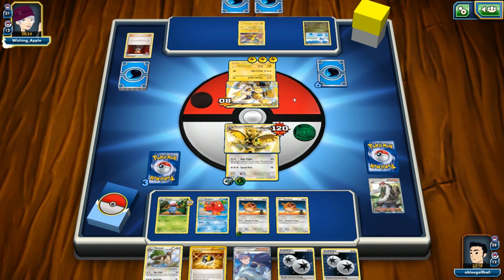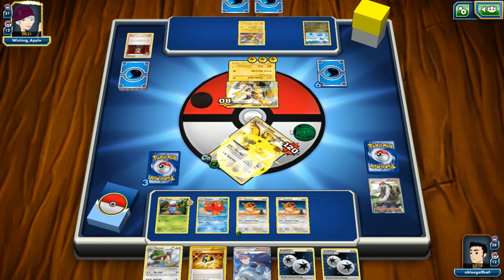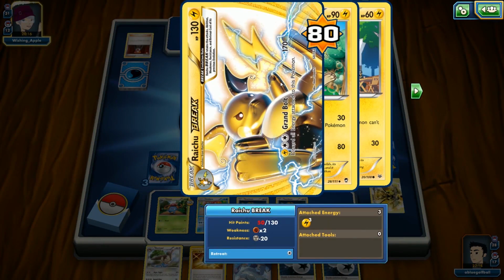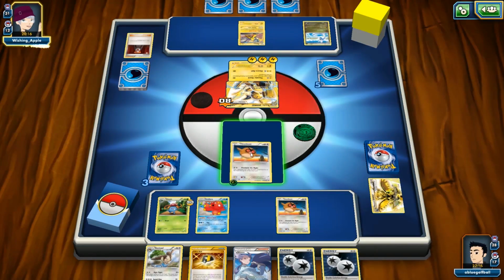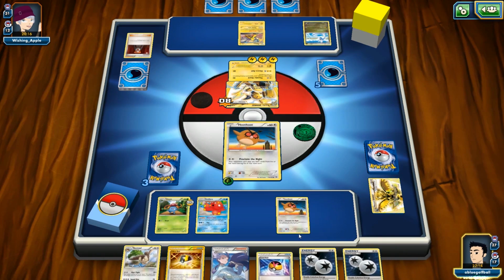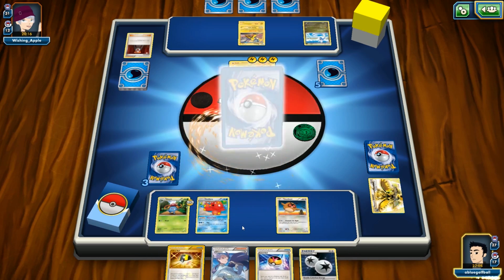And so, pretty good prize exchange here. She, Wishing Apple person here, will get their first prize. That's alright. Hitting for weakness right there. Wow, that's kind of nice, huh? I don't think he went for the Grand Bolt. He just went for the 80. Let's go for this Hoothoot with the grass energy right there, and we're going to go ahead and lock our opponent up from playing any...